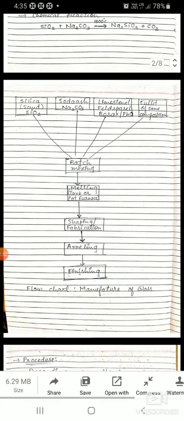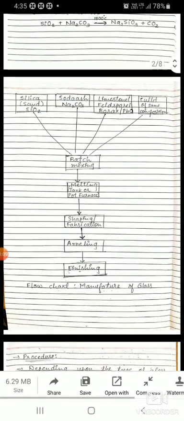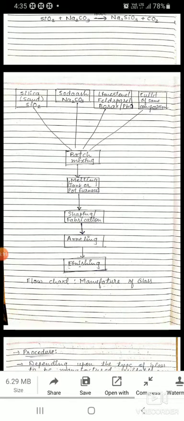First they are taken, then crushed to fine powder, then impurities are removed from it, and then they are mixed in proper proportion in this batch mixing stage.